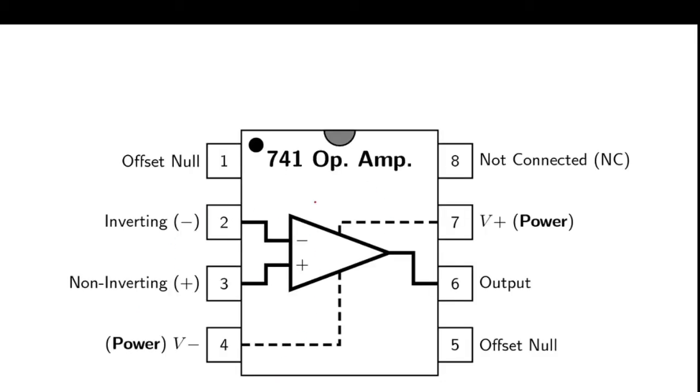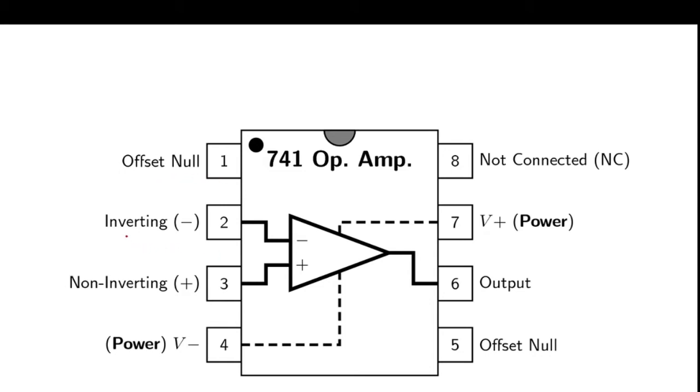So this is a block diagram of the operational amplifier 741. This is very important and necessary for practical and theory purposes. You must know this basic idea and the pin diagram. This is nothing but the IC number 741 op-amp. So how many pins are here? 1, 2, 3, 4, 5, 6, 7, 8. It is an 8 pin operational amplifier. The first pin is offset null.